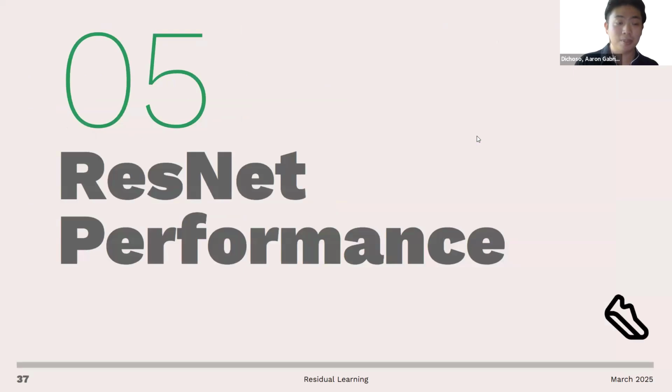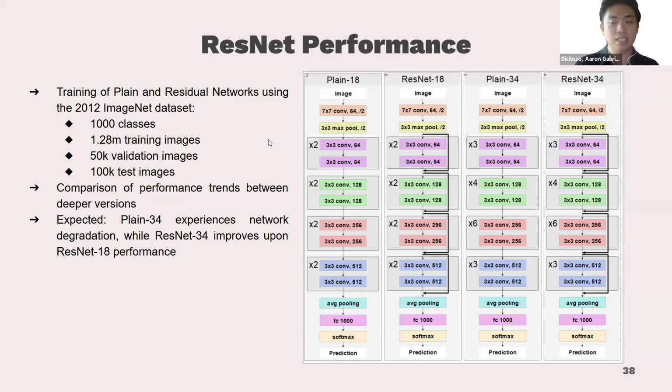And finally, let's talk about what results they actually brought about. Okay. So ResNet performance, they tested the performance of ResNet by comparing it with plain CNN architectures. They're plain equivalents right here. So the only difference is that ResNet has shortcut connections per group and plain does not. And they tested it using the 2012 ImageNet dataset. And as explained earlier, the goal of ResNet is to solve the network degradation problem. So the network degradation problem, as explained, whenever you try to go any deeper than what is shown or tested, you start to experience training accuracy losses or negative